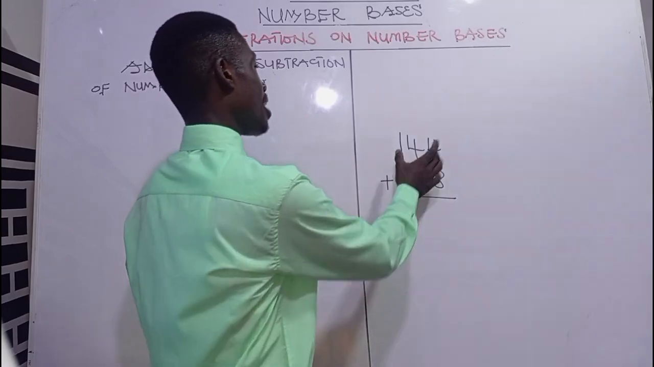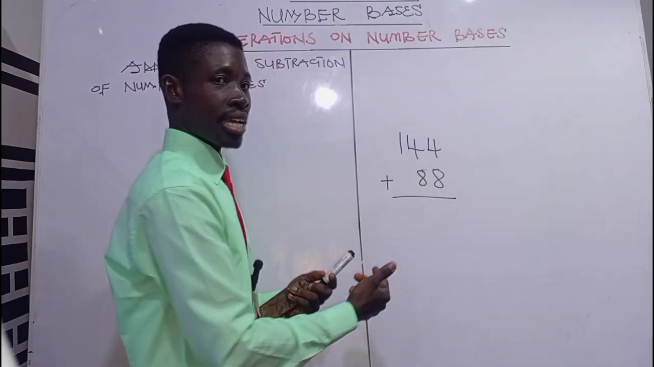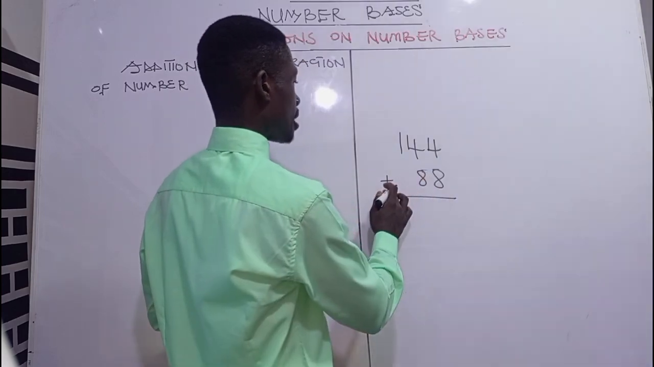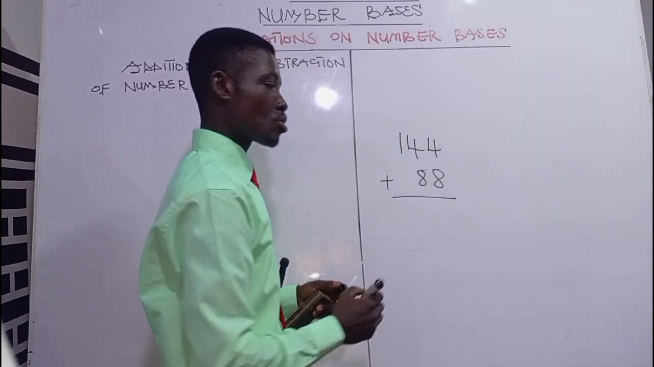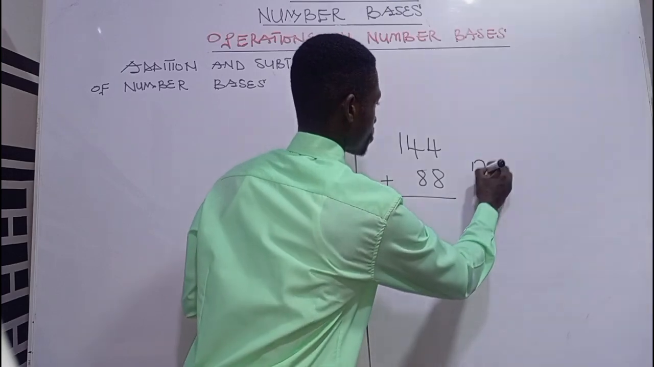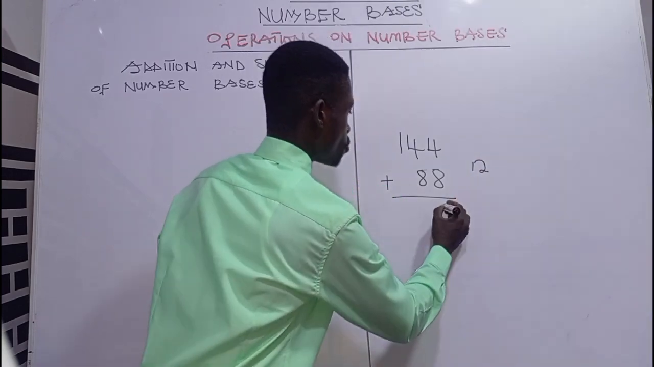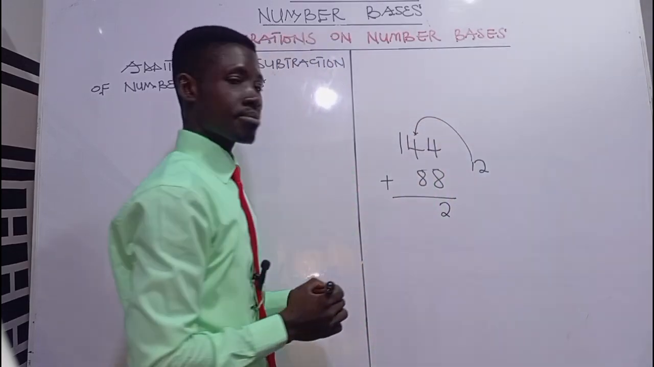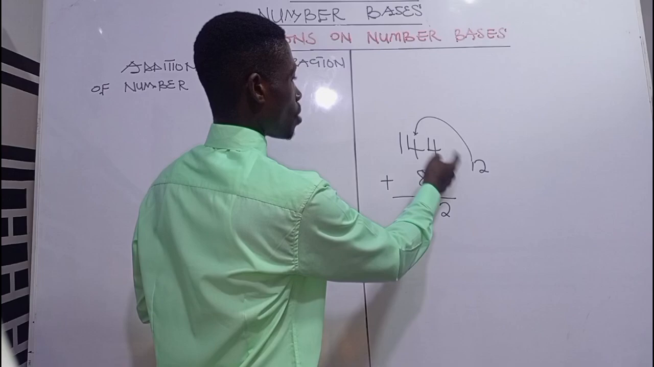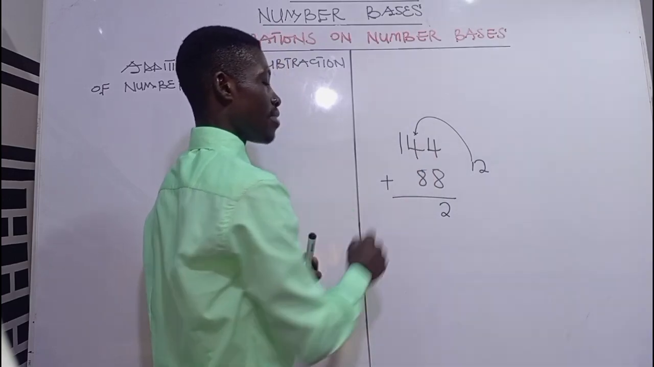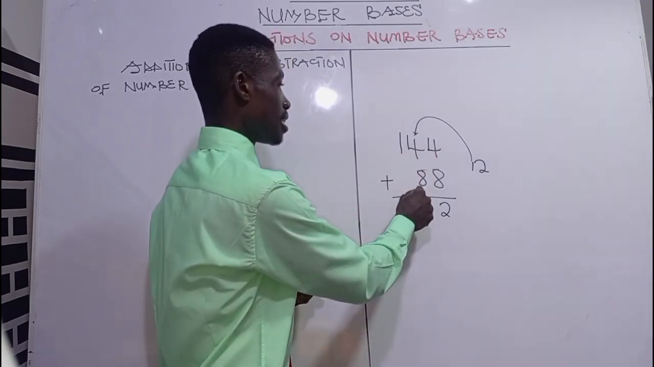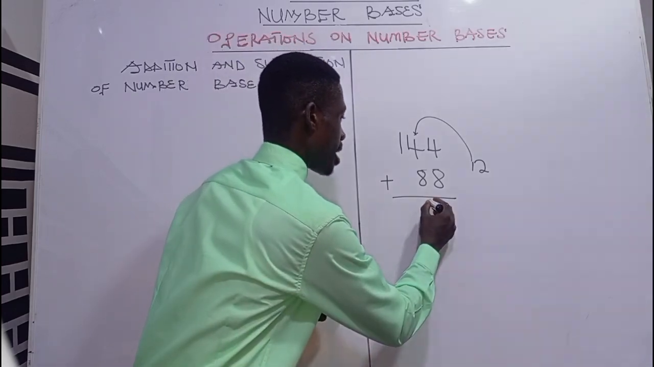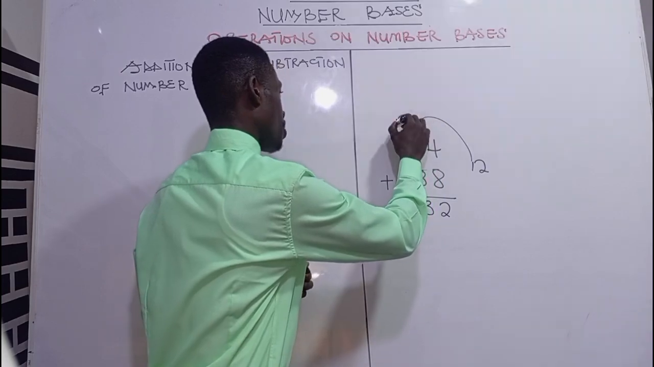Assuming we are to add these numbers together, in our normal addition, we add 4 plus 8. That gives us 12. We write 2 and then we carry the 1 to this side. Then we add this 1 to the 4, making 5. And then 5 plus 8 will give us 13. We don't write the whole of the 13, but we write 3 and then we send the other one to